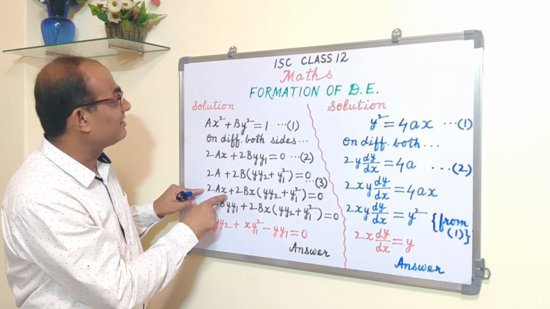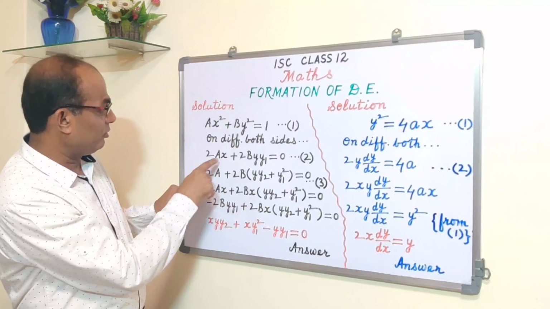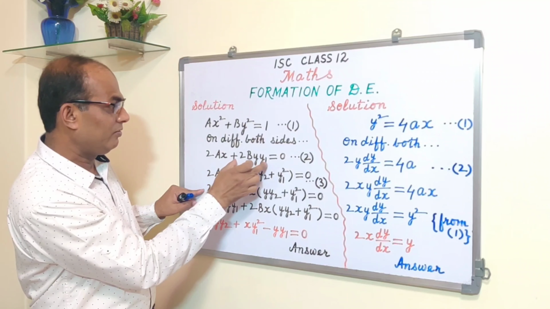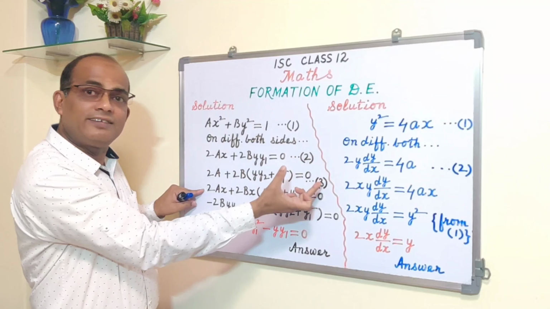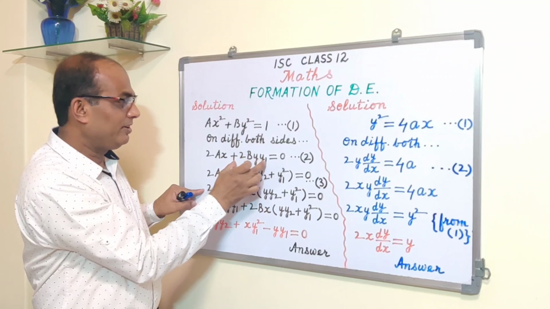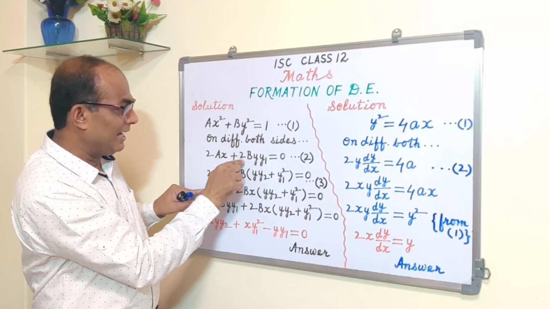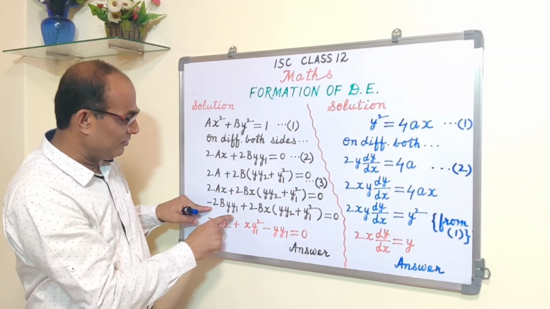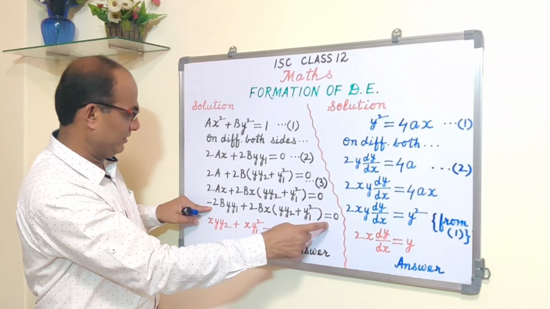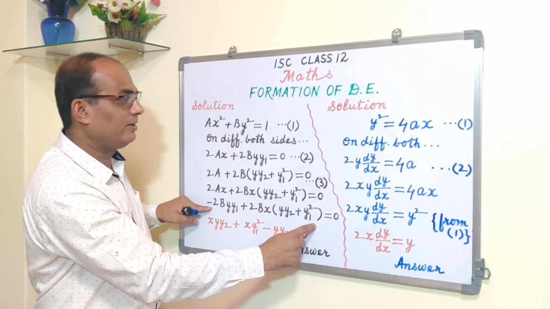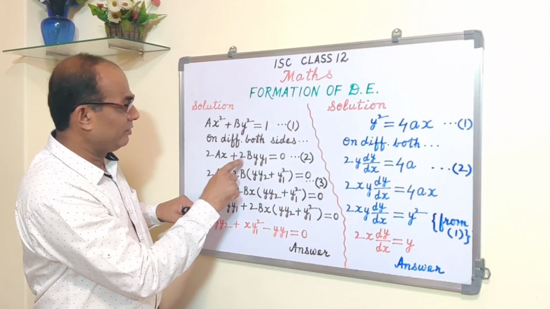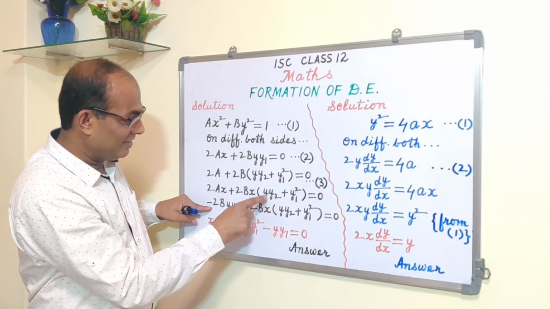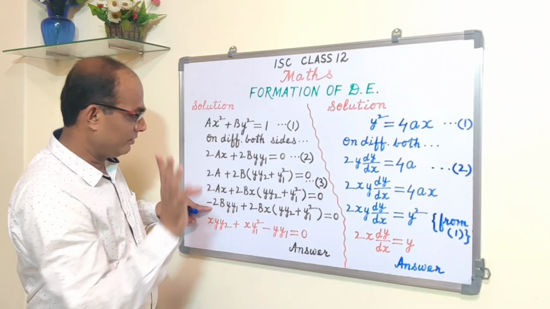Now 2ax, you can see from equation number 2, 2ax you can write down as minus 2by1. This you transpose from left hand side to the right hand side, so you get 2ax is equal to minus 2by1. So in place of 2ax, we can write down directly minus 2by1 from equation number 2. Here you write down from equation number 2, 2ax is equal to minus 2by1. Alright, and 2bx as it is, y2 as it is, y1 square as it is, equal to 0.